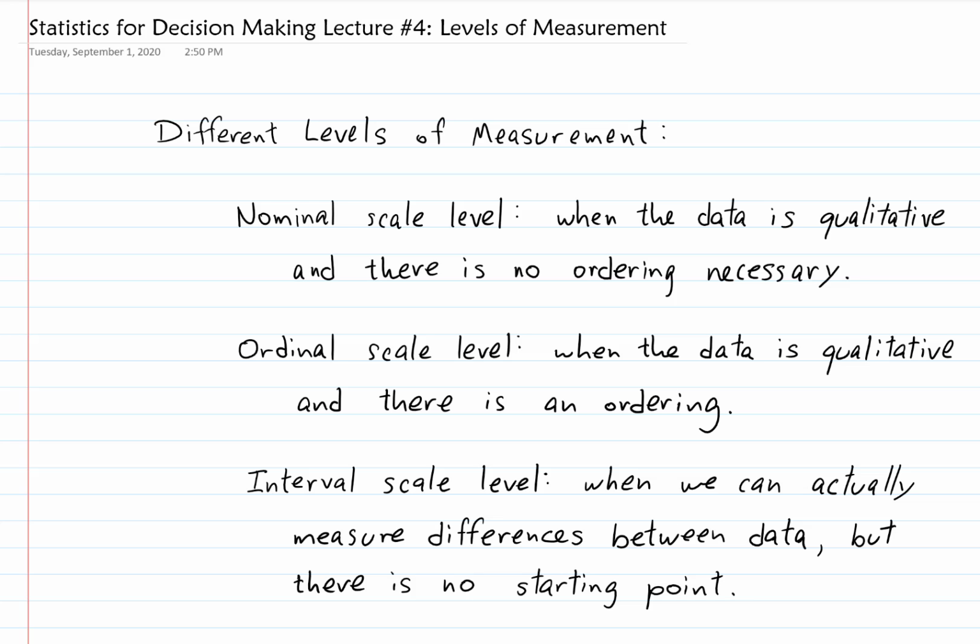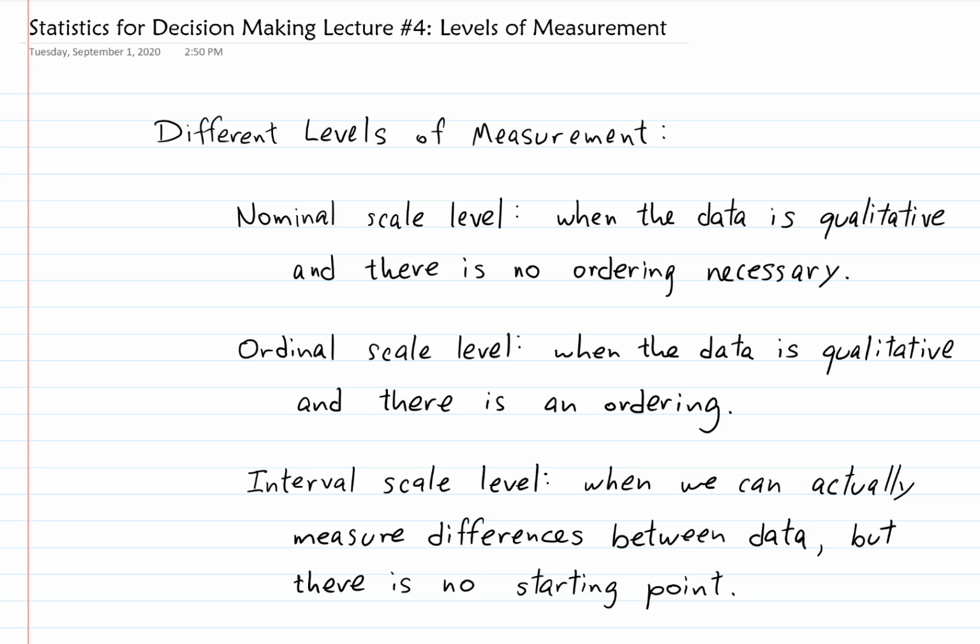Okay, so first of all, I want to deal with two things there. I want to make sure you understand why that's not ordinal scale level. Because for ordinal scale level, you might say, well, can't you measure the differences there? Like the example I gave of name your top 5 favorite restaurants. And you might say, well, you can measure the difference between your favorite and your least favorite. But here's the thing where I say you can't.